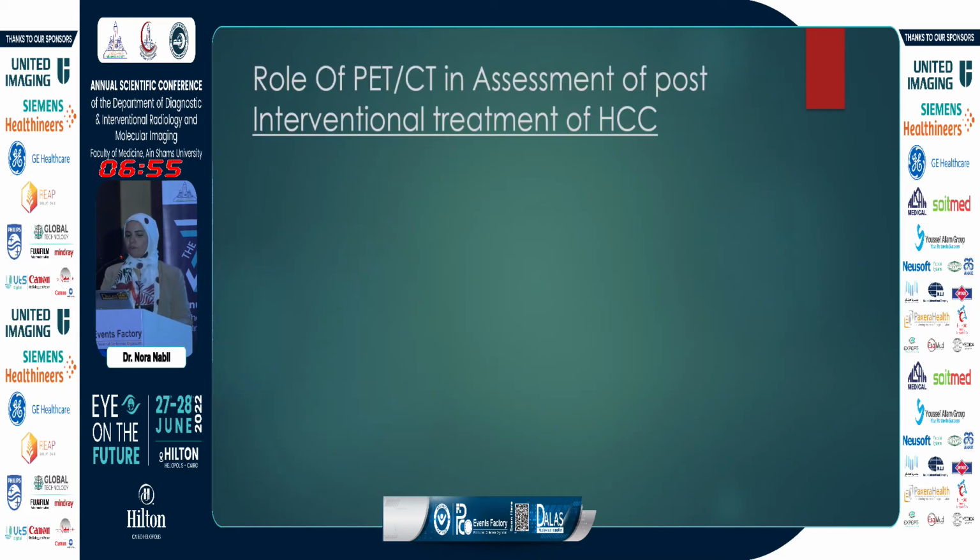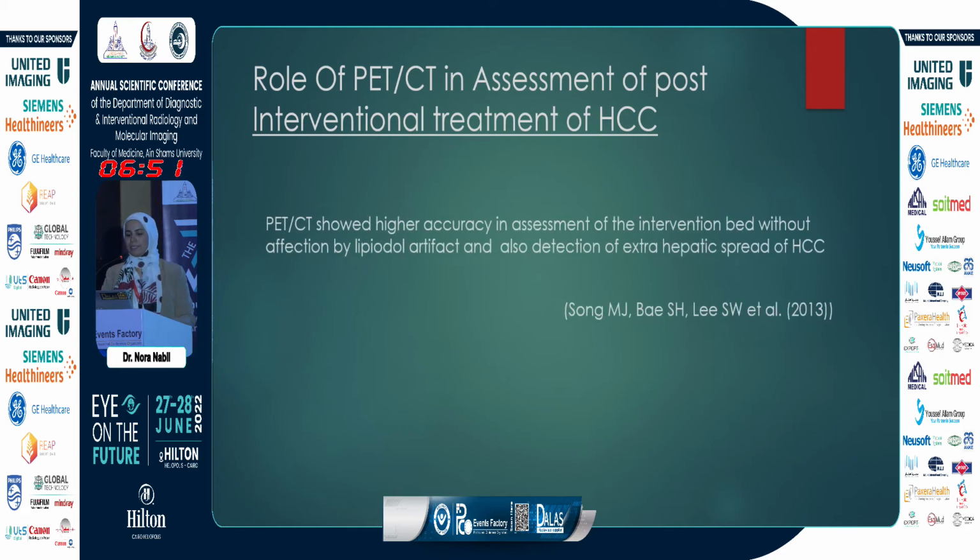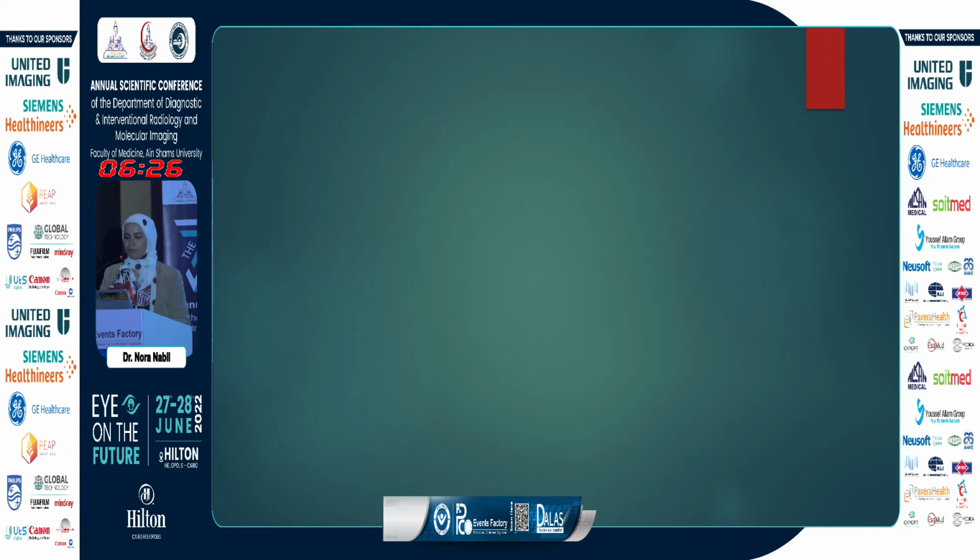Another important role of PET-CT is in assessment of post-interventional treatment of HCC. PET-CT shows higher accuracy in assessment of the intervention bed without being affected by lipiodol artifact, and also in detection of extrahepatic spread of HCC. In our department, most clinicians, before doing liver transplantation, come routinely for PET assessment to see if there is any extrahepatic metastasis of the HCC. It will affect the treatment strategy. Here we will discuss the importance